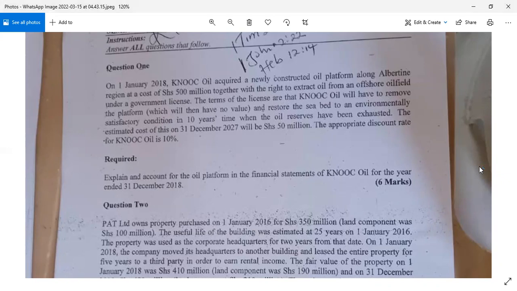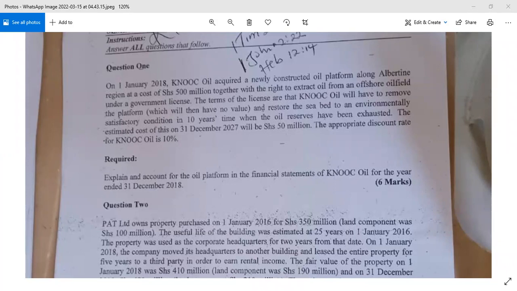So maybe as I open it out, anyone wants to share with us how we go about our evaluation model under IAS 16? It's not part of the question, but you can go about it. Anyone? Okay. Looks like we are not discussing. So I'll only stick to what you guys are interested in.